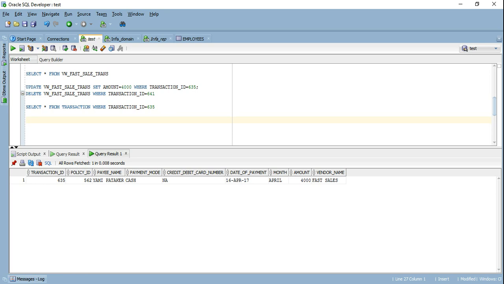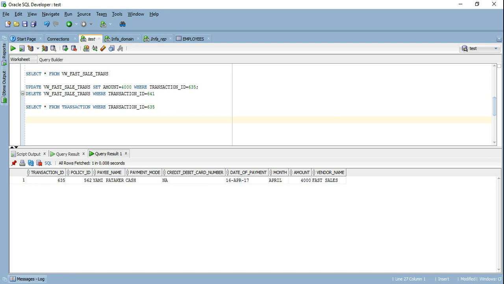Obviously there are certain restrictions and we will understand that in a moment. Why do we want to have these views? We want to have these views because they offer a certain abstraction and security level, and then there is something related to performance as well, but that will be a little too much for this tutorial, so we won't go into performance in this. We will discuss that in our next tutorial, and then we will introduce the concept of materialized view. But for now, you need to understand why we did this.